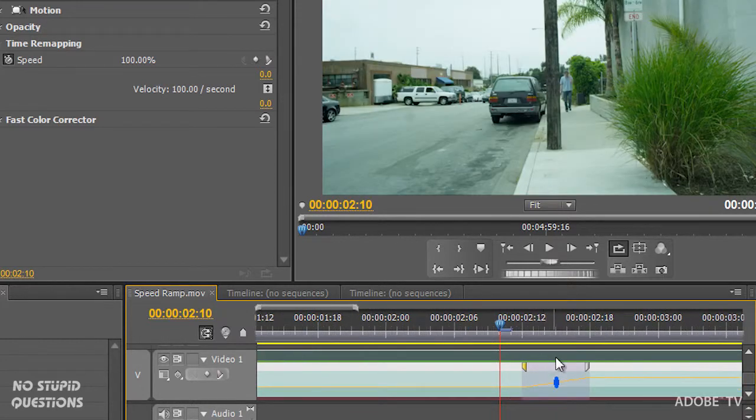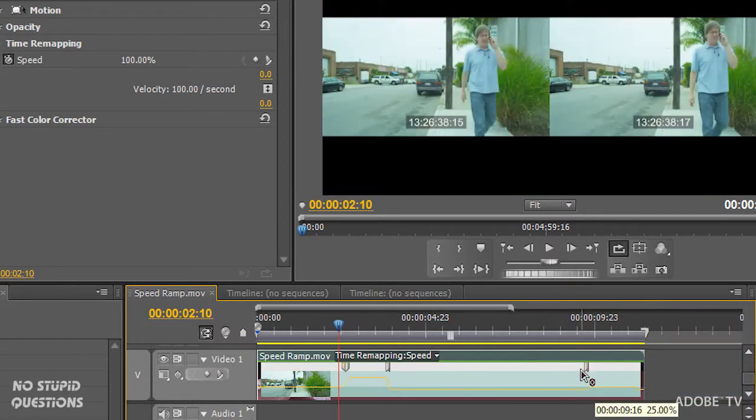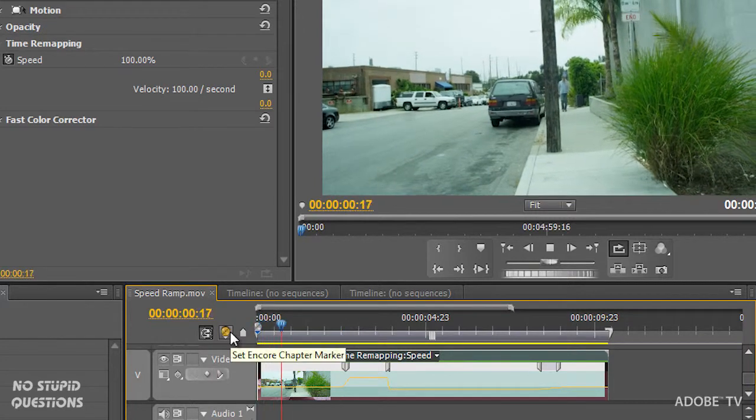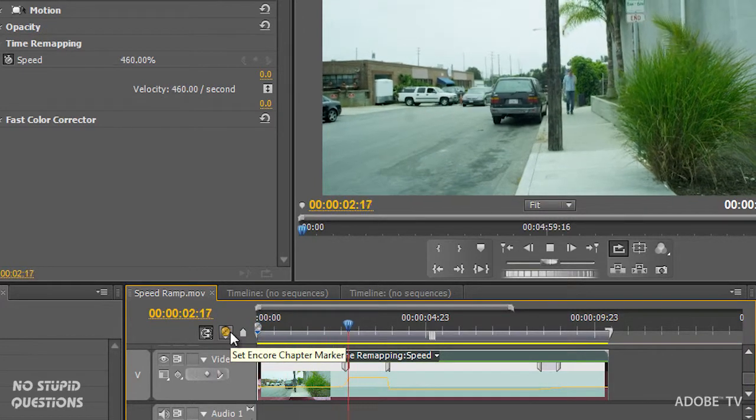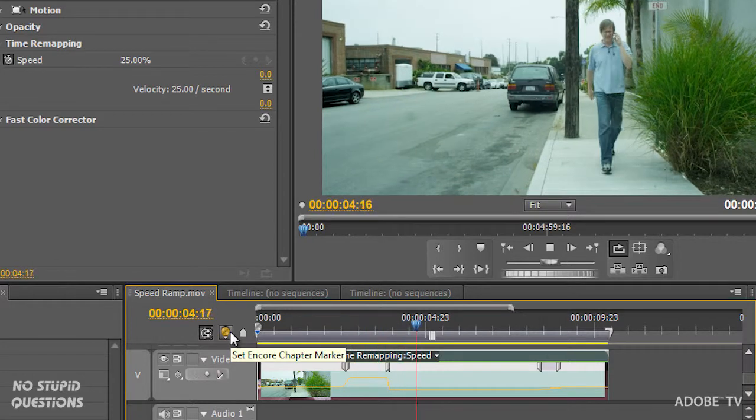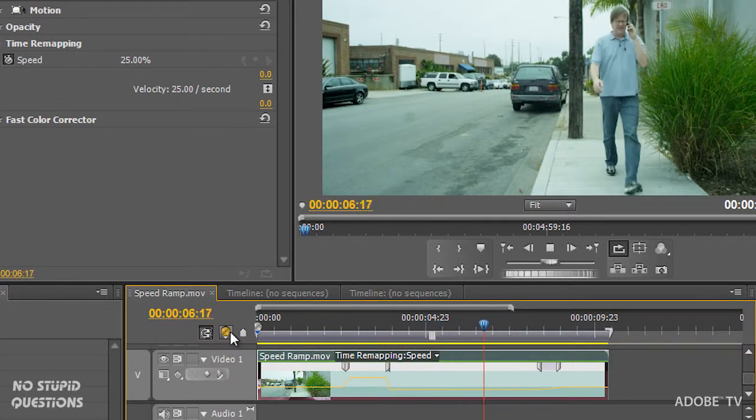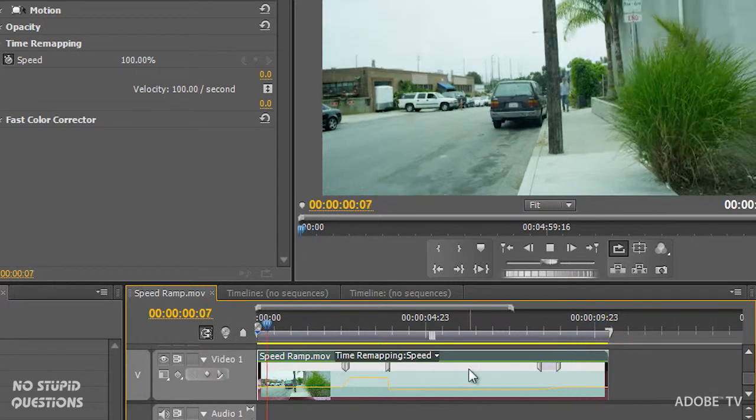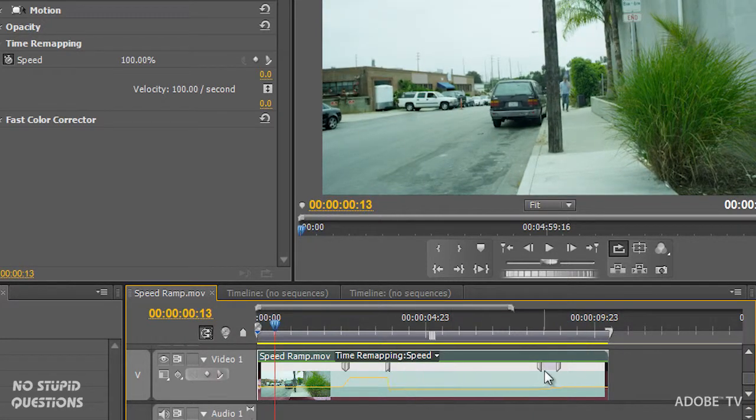There we go. And it's going to go slow back to 100%. All right, so now let's look at that. When I hit play, it goes up to 500, then really slow, and then finally back to 100% on the end. So a couple of things that you can do on top of this, if you hold down the Control